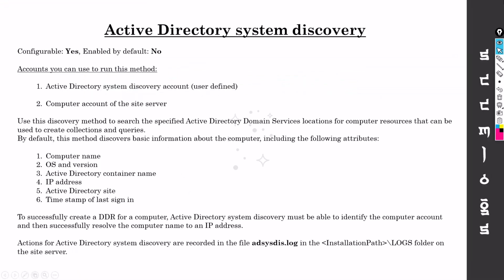So this is the Active Directory system discovery. It is already configurable and it's not enabled by default. For this also you can use the user-defined account or the computer account. Use this method to search specified Active Directory services locations for the computer resources mainly, and